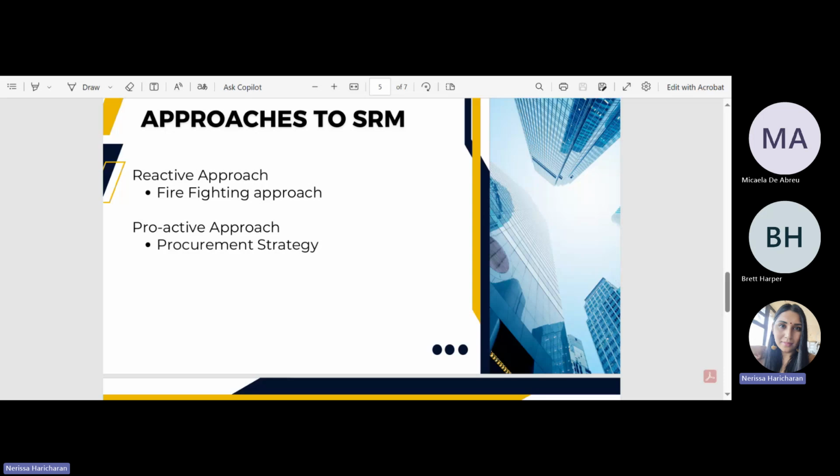And then the next approach is called a proactive approach. With the proactive approach, obviously you go down a procurement strategy. So before you even decide on what supplier is on your supplier list, you develop a procurement strategy. With the procurement strategy, you have a whole lot of KPIs that the supplier now needs to take. And then you try and do it right the first time by bringing on a supplier that will minimize the risk in your business, and be able to carry out your supply chain without any disruptions.